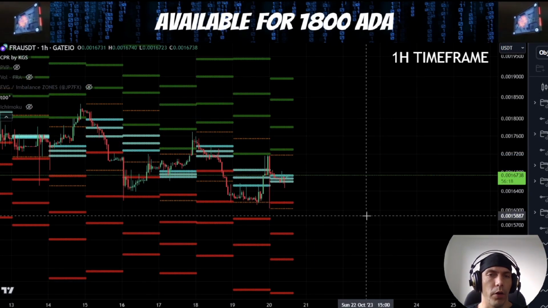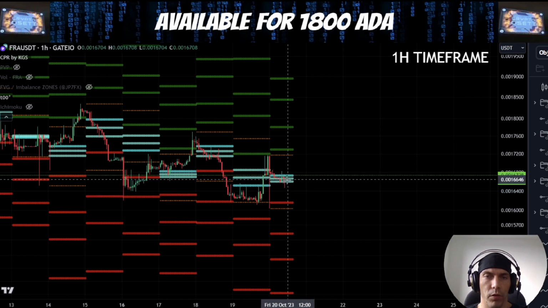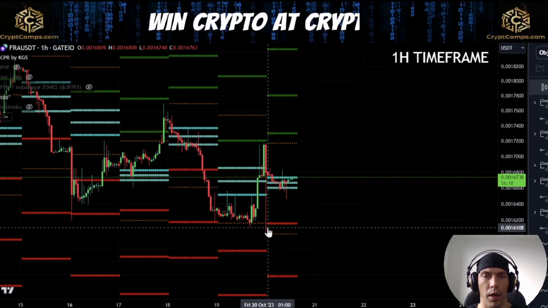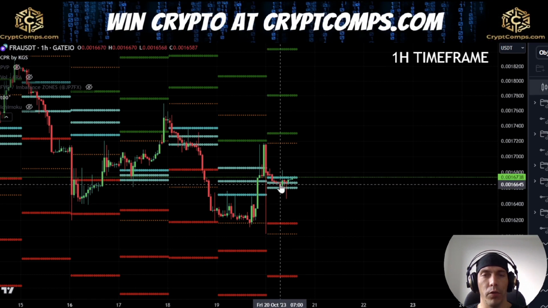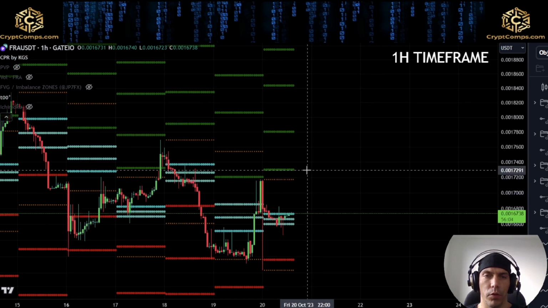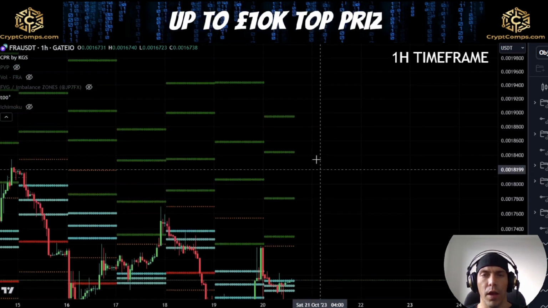Coming in and having a look at the daily CPR lines, what we can see is that we are currently interacting with these central lines. We have actually moved down to the S1 line and then moved back up into these. Now, if we do continue to hold this level, this opens up the potential to target out these levels of the 17,302, 17,806,